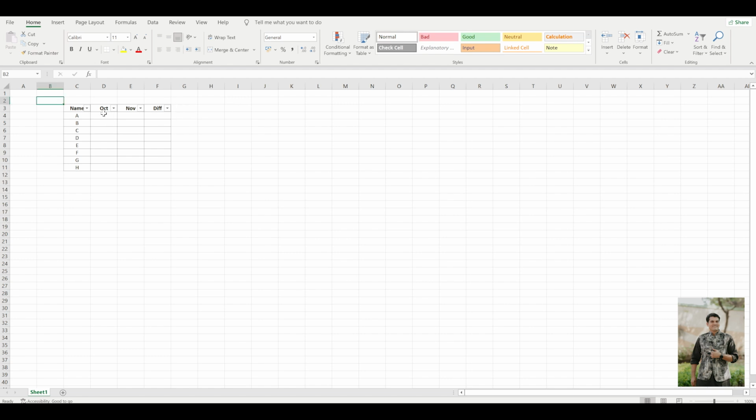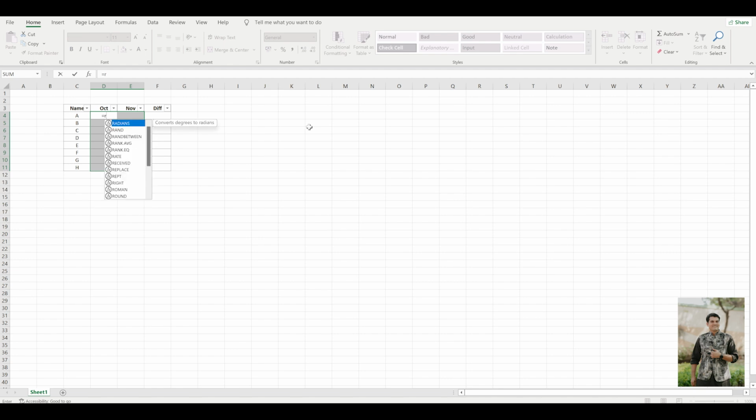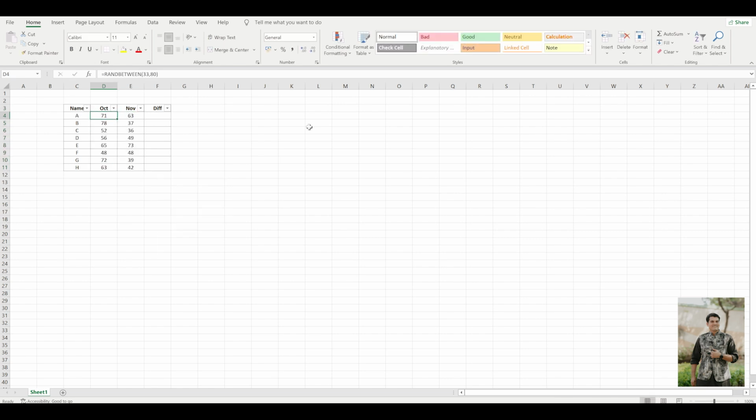So first, I'm taking some random numbers. Select the range, type equal to RANDBETWEEN, bottom value is 33 and top and maximum. I'm taking a T, bracket close, then Control Enter, paste the value,